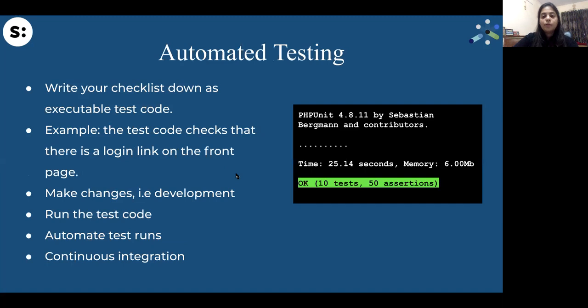With automated testing, with the same example, you know that there's a login link on the front page. The checklist you have created, you write it in the form of executable code. So there's a test case present in your code base. Now you make some changes, do some development, and then you run the test code. You don't need to manually go and check whether the login link is present on the front page or not. The automated test that you have written will do that for you every time.